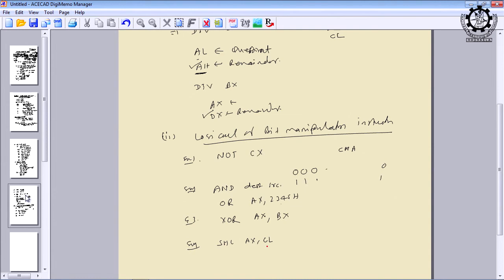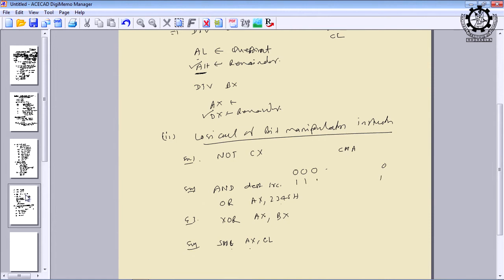Okay, can you guess what is the meaning of this instruction? Anybody? SHL AX, CL. Okay, I will give a hint. S stands for shift. Shift what? And L stands for left. Shift left. Then how to interpret AX, CL? AX is clearly a register. How many bit register it is? 16 bit register. Okay. So, it is holding some data, a 16 bit data. Then what is the need of CL?